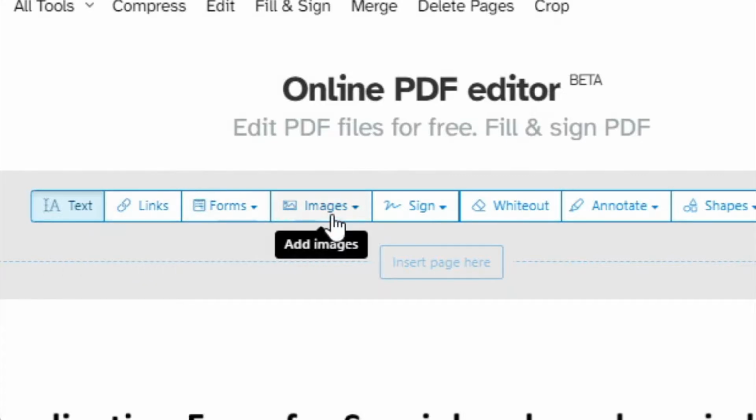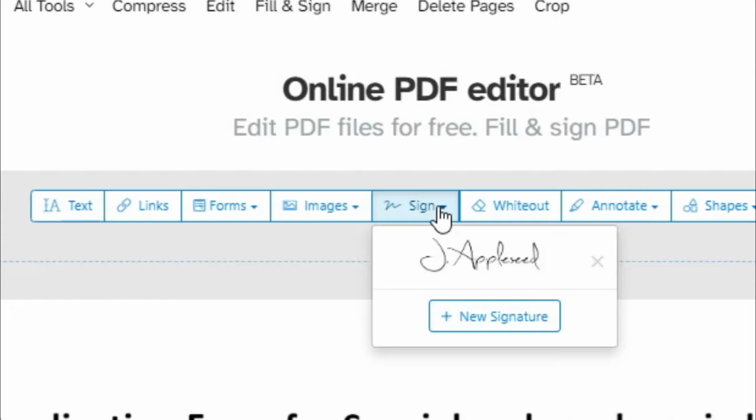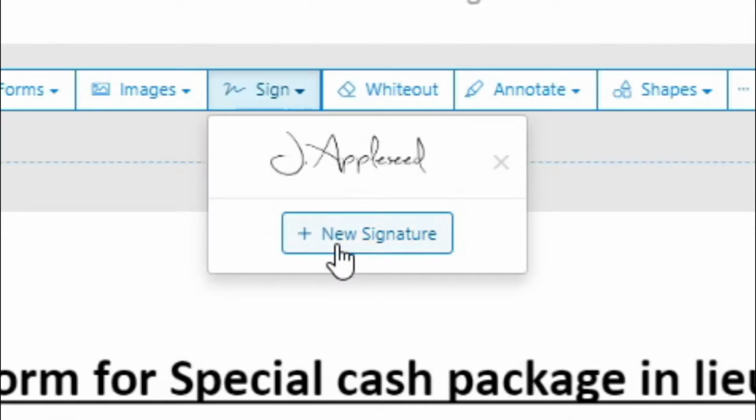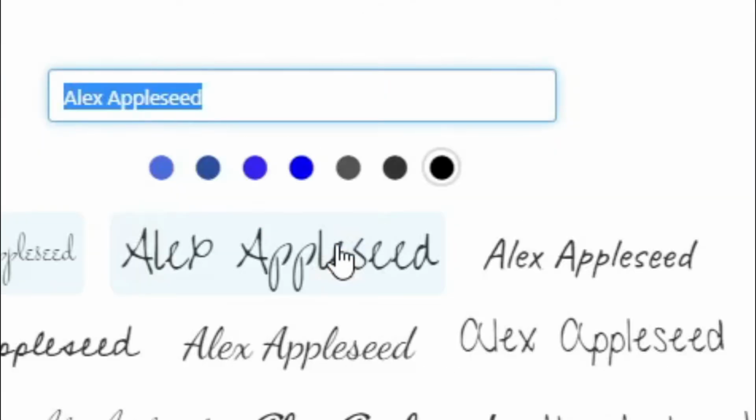Under that you can even insert images also, and here, this is add signature. That means you can fill the application and you can sign digitally also, and then you can share the application like a proper form which is filled by you with the signature also. So to add signature, let us select this add signature. Now here new signature you have to create, so let us select new signature.